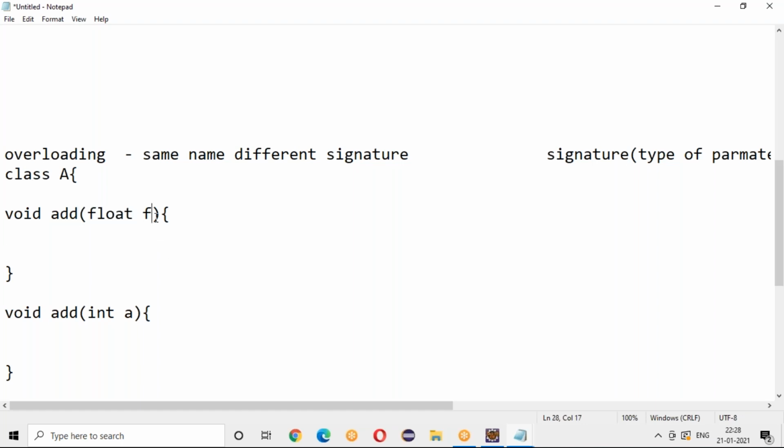And what is the other one? The order may also be different. If I say int a, comma, float b, I can say float f, comma, int a, anything.